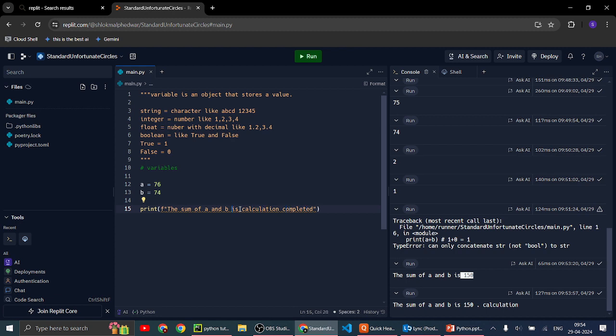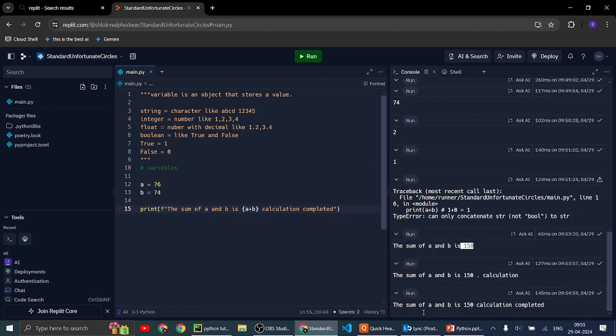Just give a bracket like this and write the value here, meaning a plus b equals a plus b, and here is the string. So when we run, the sum of a and b is 150. Calculation completed. Like this, you can use f-string in your programs.